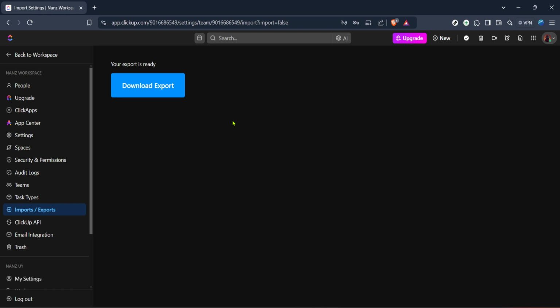To sum up, exporting your ClickUp data is a crucial task that can be accomplished through a series of simple steps. From logging into your account and navigating to your workspace settings, to initiating the export and downloading your data, each step is designed to be user-friendly and straightforward. By following this guide, you'll ensure that you have access to your data whenever you need it, allowing you to manage your